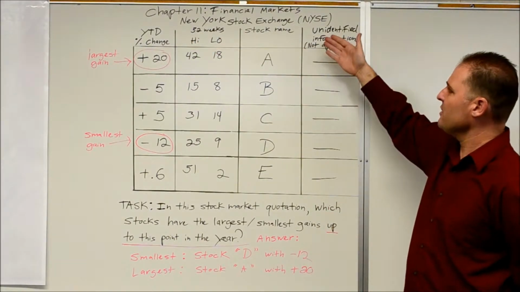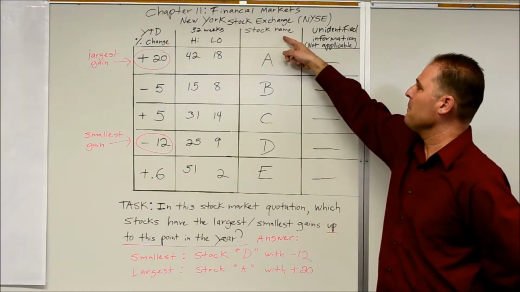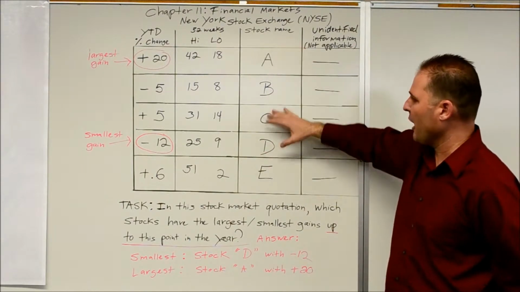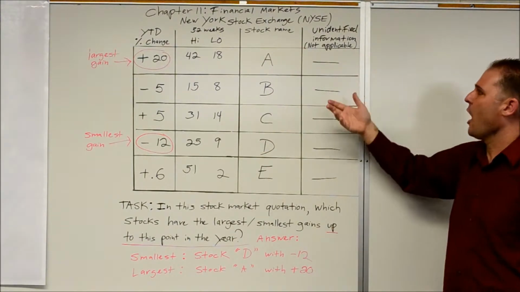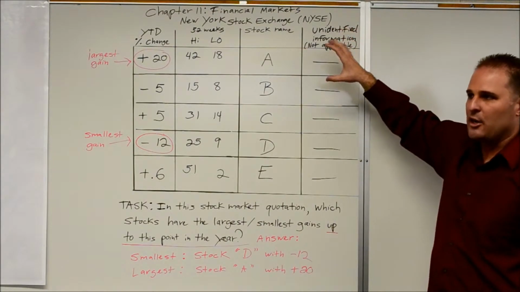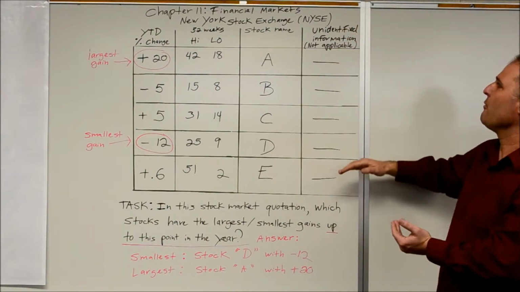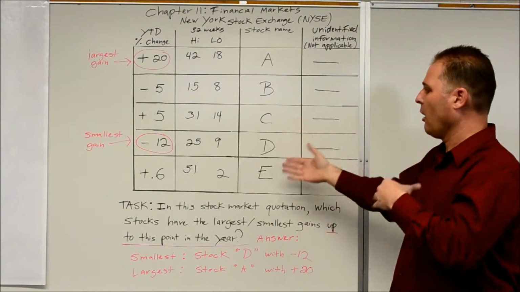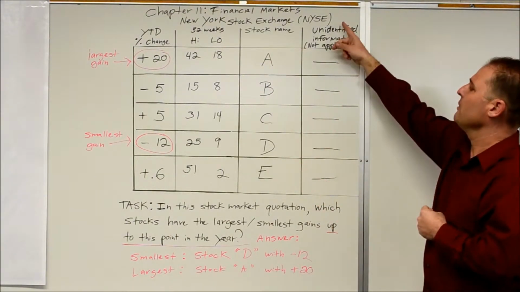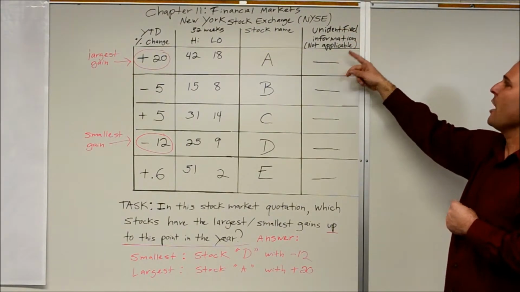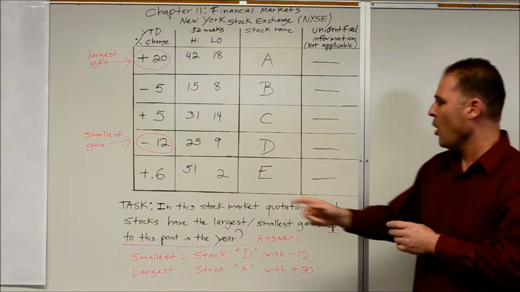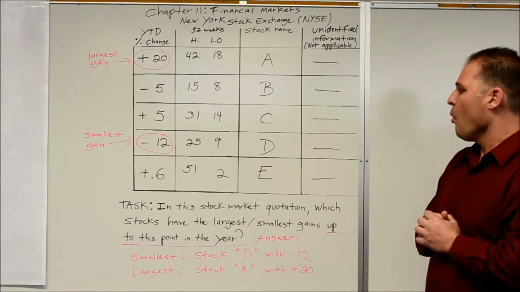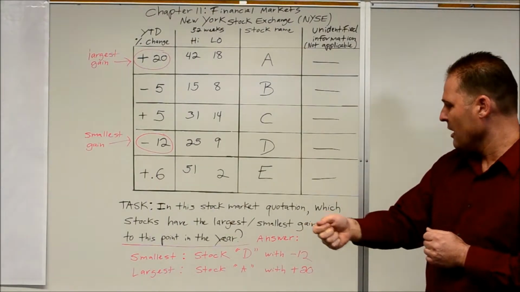Okay, for the purpose of this example, we're going to refer to each stock name as stock A, B, C, D, and E. So these are the actual stocks we're looking at. And then just for your knowledge, when you look at a real stock quotation, you'll have other criteria or information that goes along in this chart. We don't actually need that to learn our content for this example, but I label that as unidentified information not